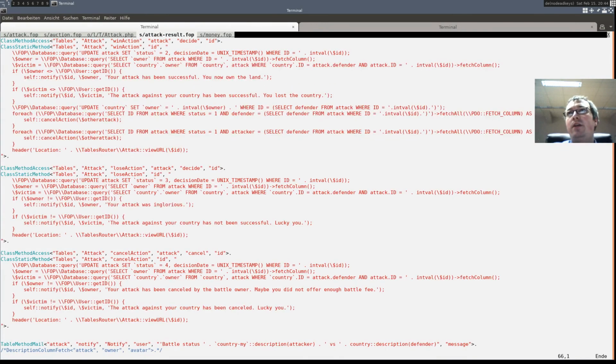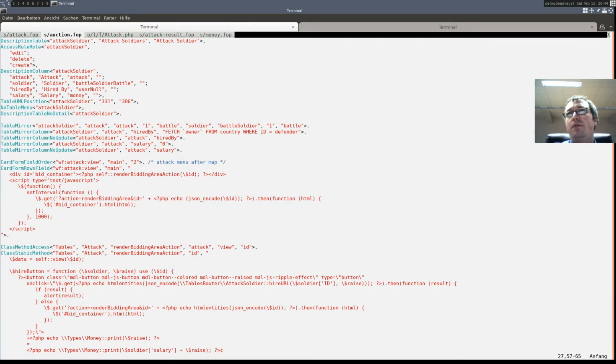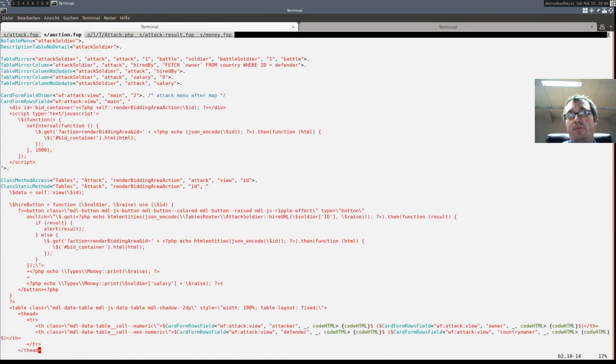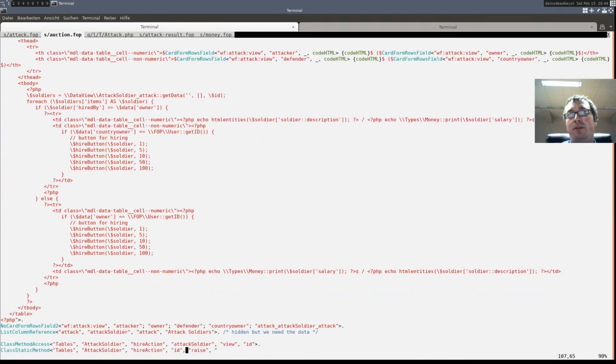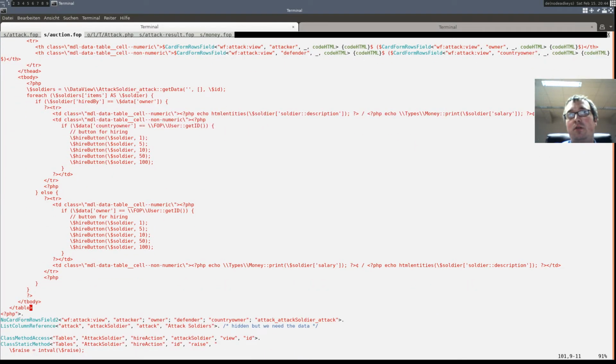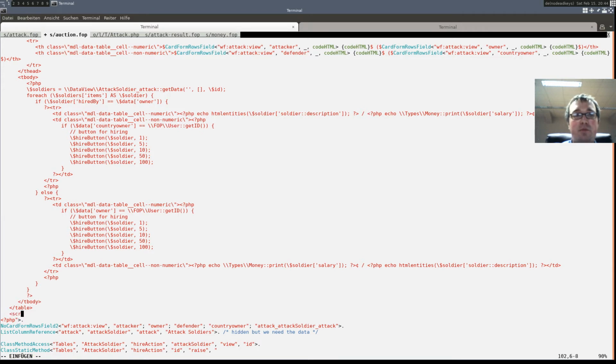And whenever the auction is re-rendered, I want to just update the values. So script type text JavaScript.